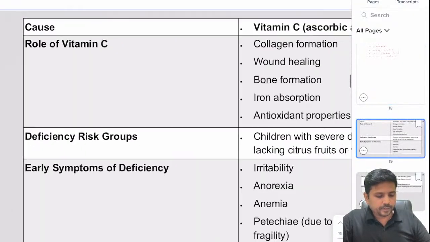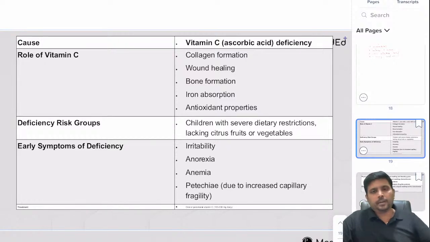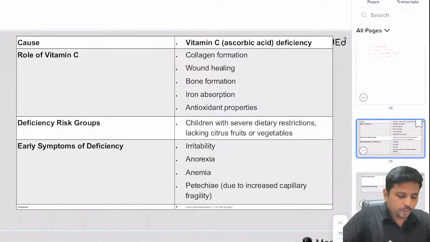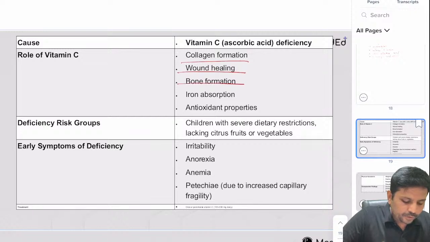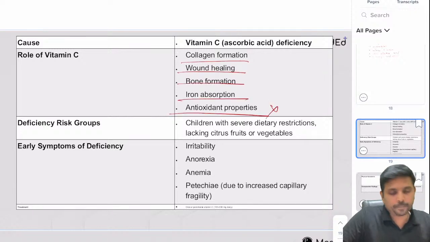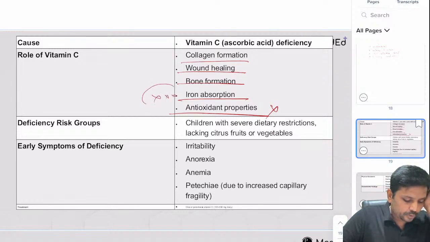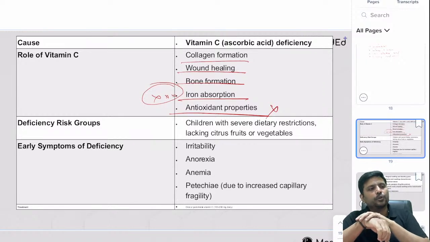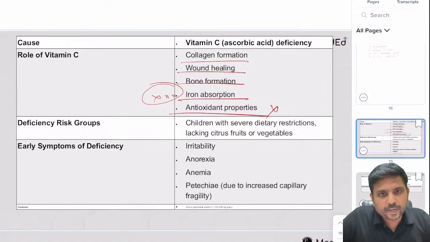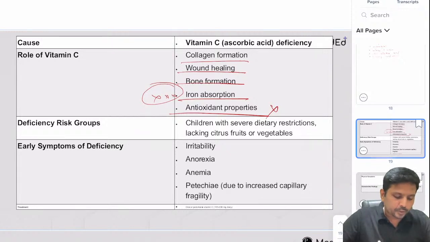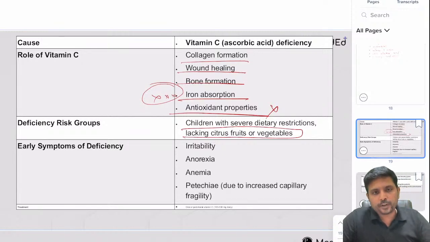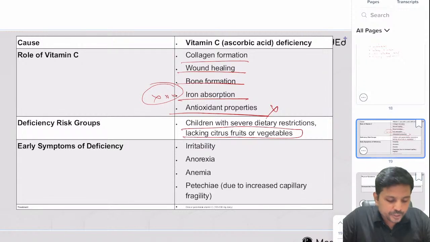So let's see what are all the things that are given here. Collagen formation, wound healing, bone formation, iron absorption, antioxidant property. Antioxidant property I told you, iron absorption I did not tell you. So vitamin C deficiency can also cause microcytic hypochromic anemia as a result of coexistent iron deficiency. Those who don't eat citrus fruits are prone to the symptoms. The manifestations of vitamin C deficiency are petechiae and purpurae,